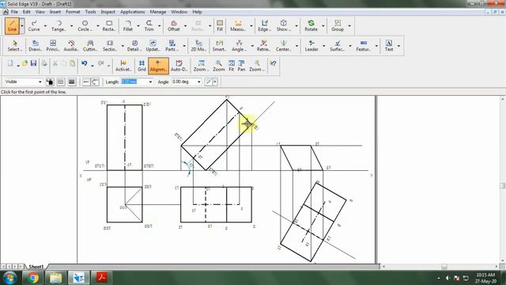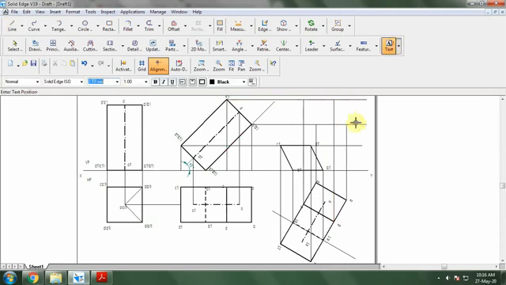Now go for the second phase, that is ABCD. So this involves CD and this as AB. So A is on the first line, B is on the first line, point C is in the second line, and point D is in the second line. So I want to join that. So go to text that one. So A dash, and this will be B dash, C dash, and this will be D dash. So join the lines A to B, D to C, C to B, and B to A.